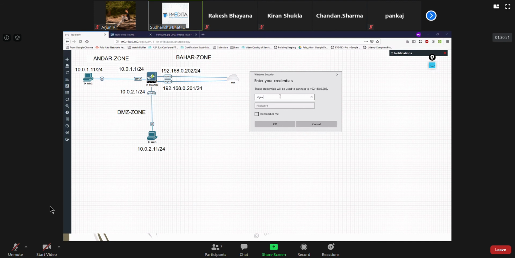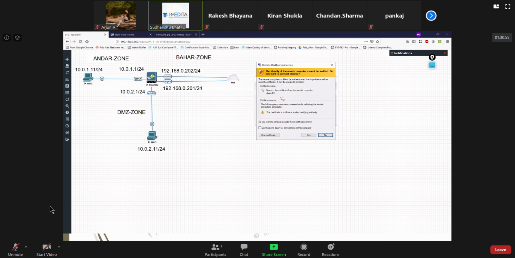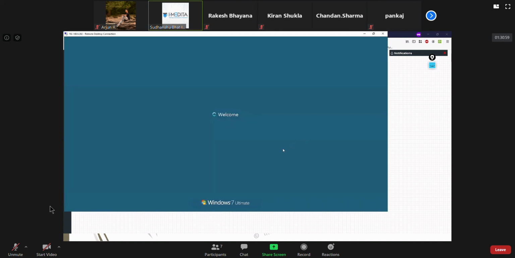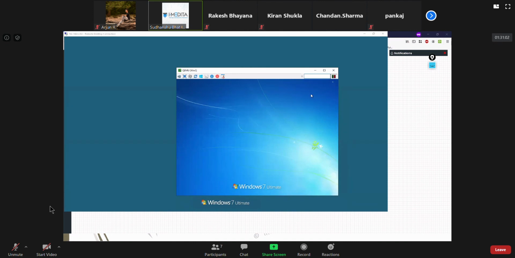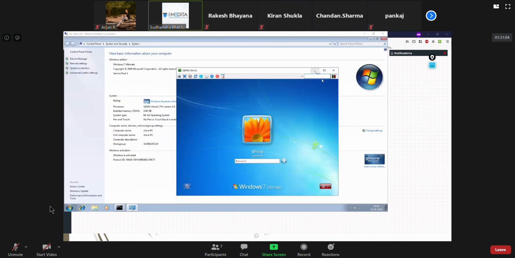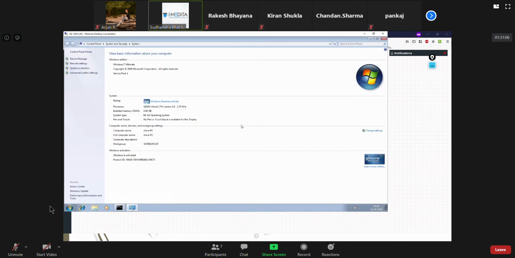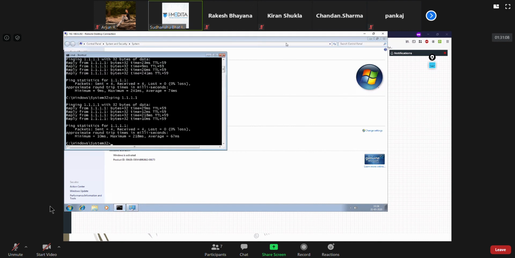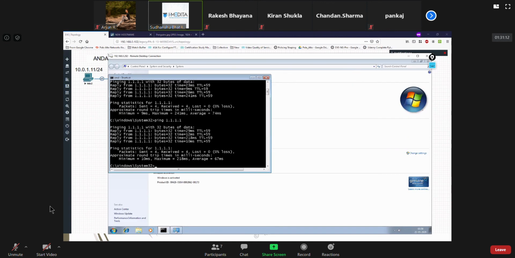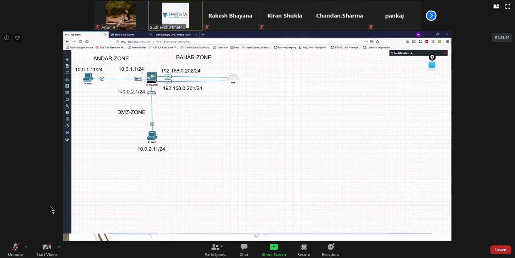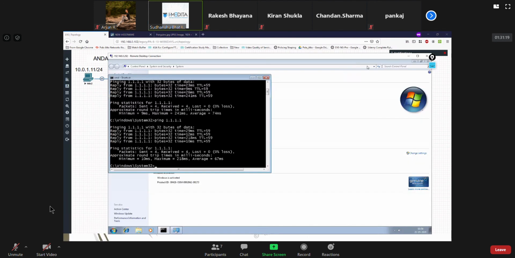Username Shiva, password Shiva. You want to connect despite certificate errors? Yes. You see this guy was logged out and this is the same PC. So you could even take remote desktop sessions by doing destination NAT, or various other things can be accessed.